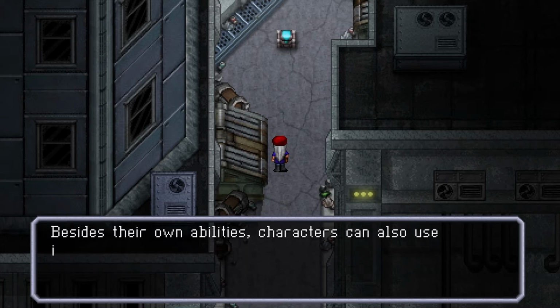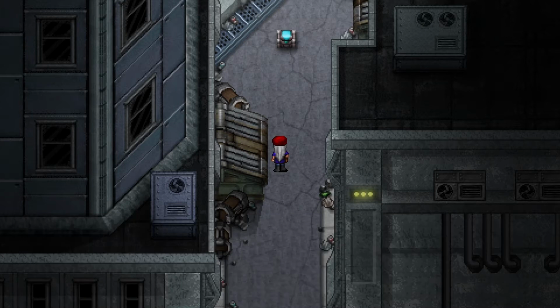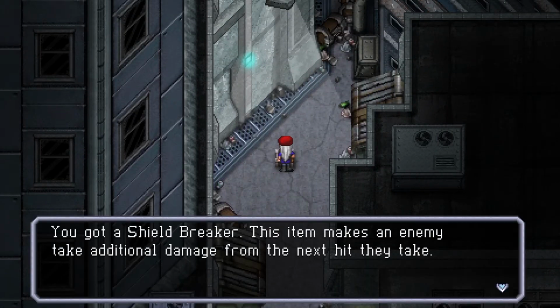So this is just talking about what I explained with items and different abilities. So this should be giving us something specific we can use. Oh, another thing I actually really like about this game, coming off Persona 5,